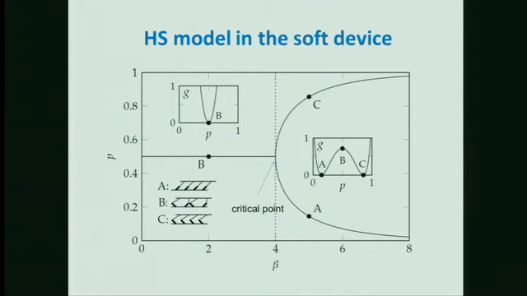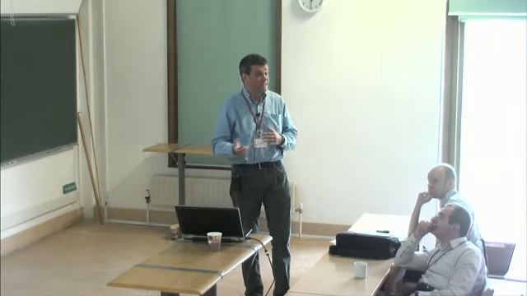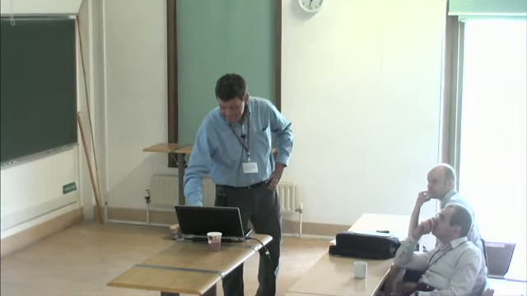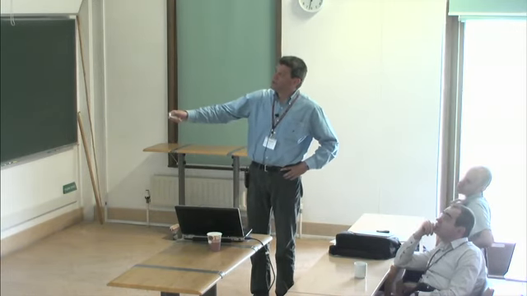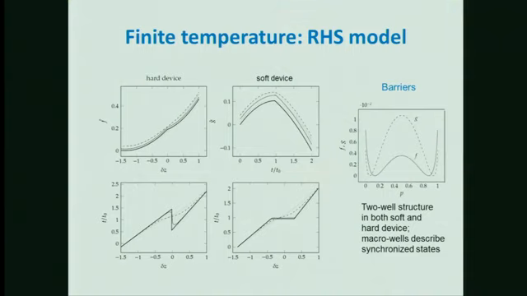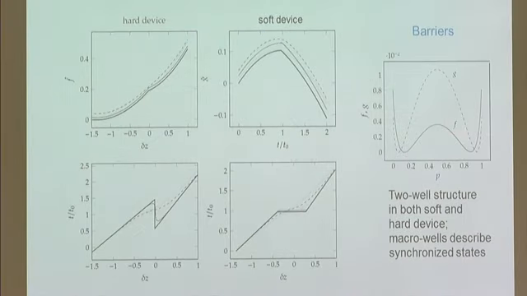So in magnets, we have a domain structure. So we have these oscillations, but these oscillations are in space. While here, since we don't have spatial dependence, it's all behaving in one point, we have collective oscillations in time. At a finite temperature, the regularized model shows basically similar behavior. And again, we are seeing consistently that the barriers in a hard device for, say, Helmholtz free energy are much smaller than the barriers for